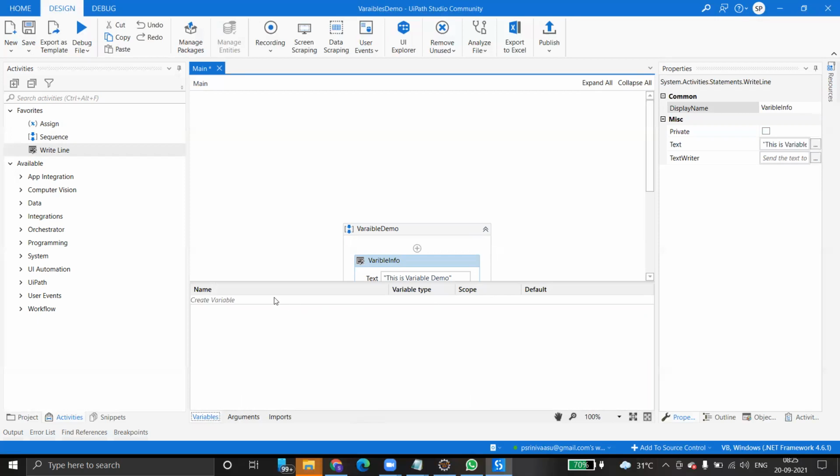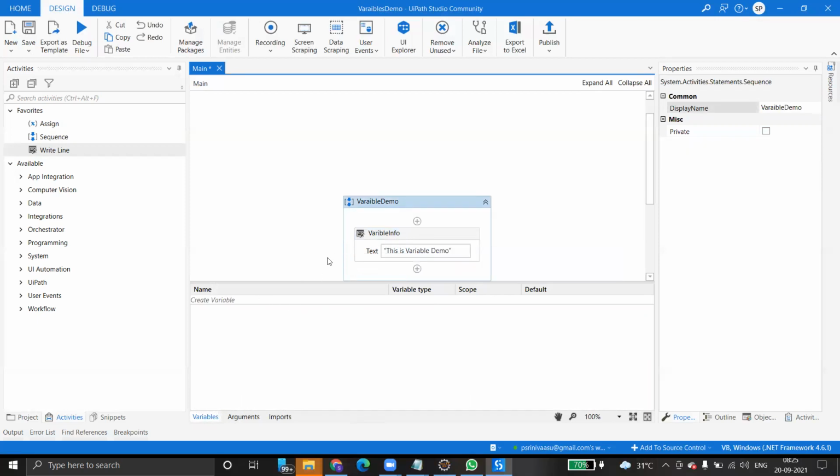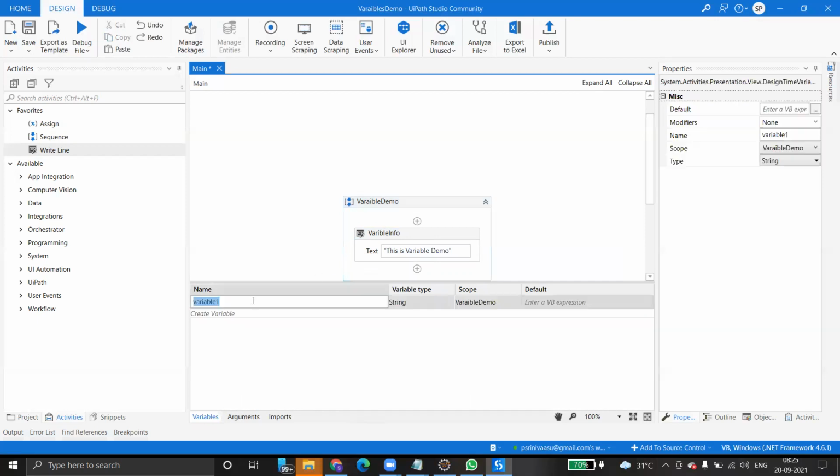Just add a variable. First you have to create a variable demo. After clicking the variable demo, you have to create a variable here. What type of variables can you create? Okay, it is a string type. So just go to home, var, string type. Okay, so variable type, here you can see what types of variables there are: Boolean, Int32, String, Object, DataTable, Array of, and Browse for other types.